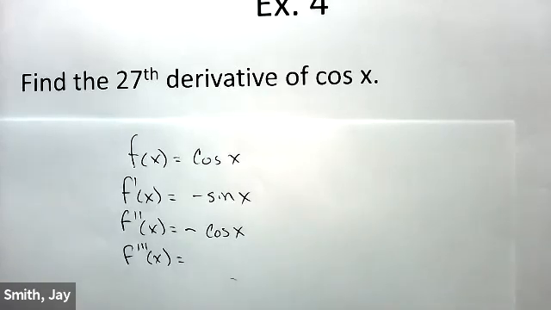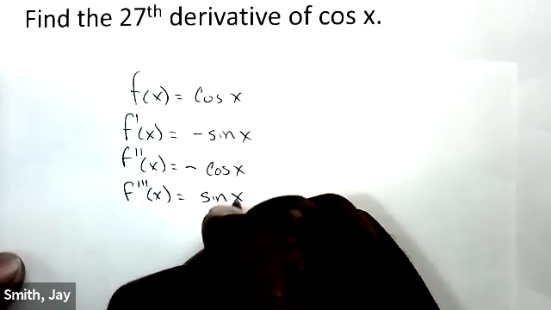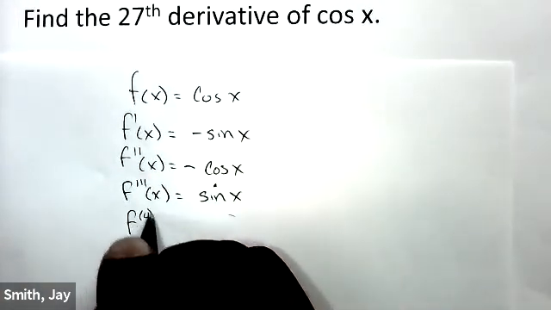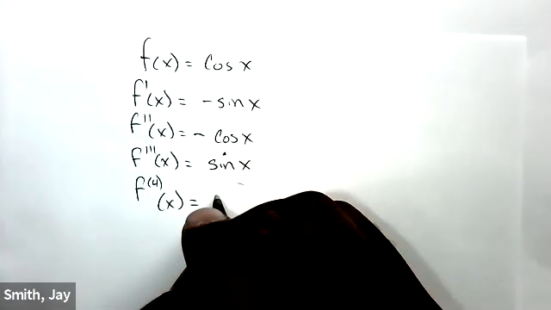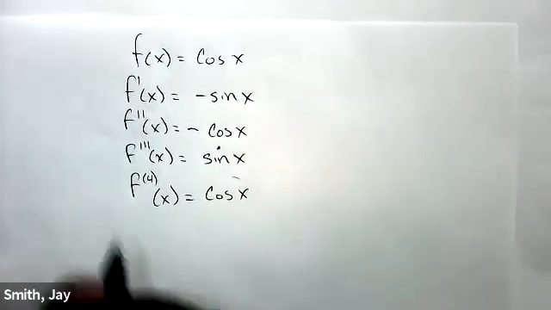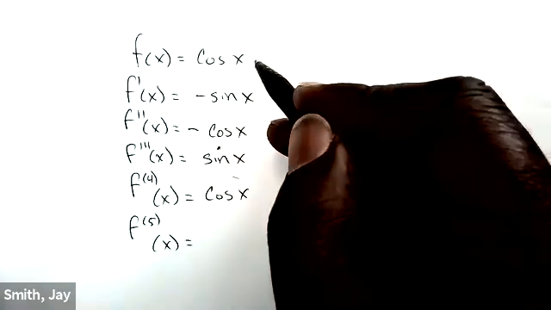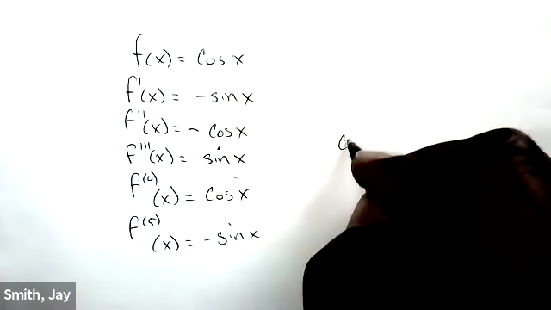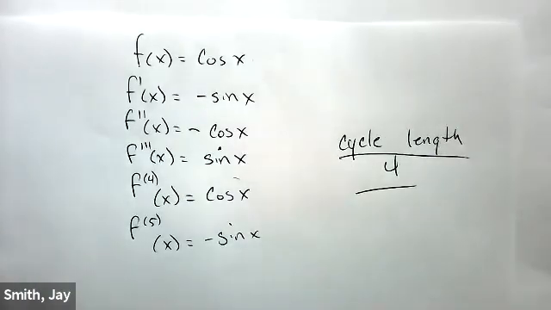The third derivative, or derivative of negative cosine: we know the derivative of cosine is negative sine. So we'll have a -1 times negative sine, which will give me a positive sine x. And the fourth derivative, or derivative of sine, we know the derivative of sine is cosine x. Fifth derivative of cosine, we can relate back. Derivative of cosine was negative sine. And it goes on in that same cycle. So we can see that this is a cycle of length 4,